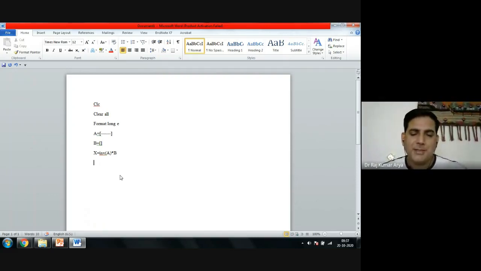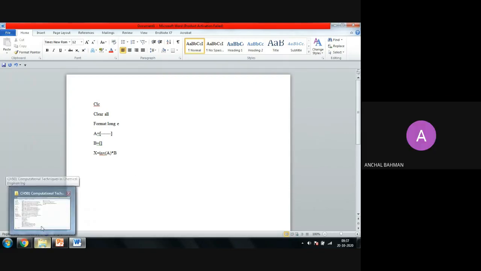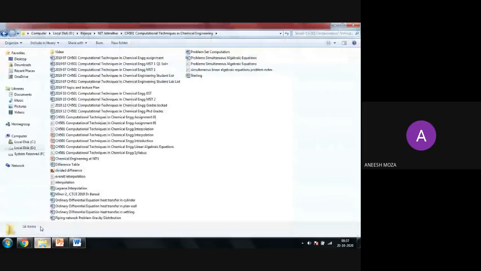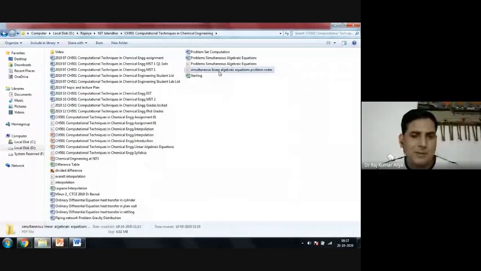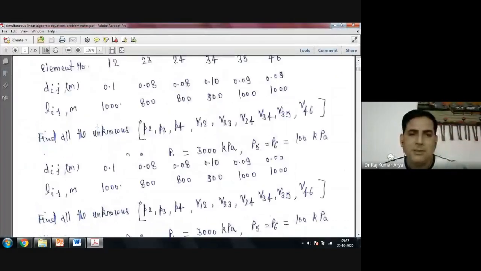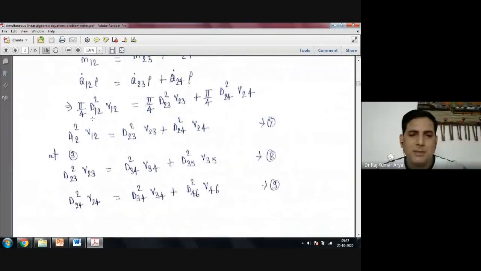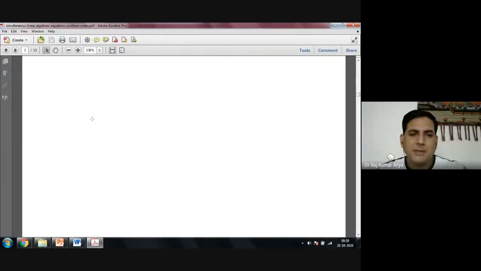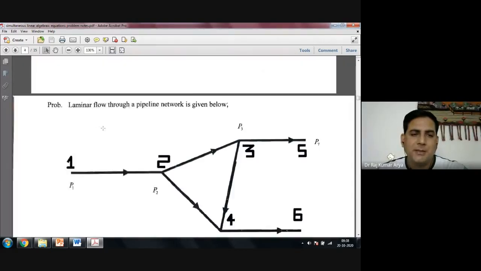But before doing that, my question is: has everyone reached the matrix, and is everybody getting the same matrix or not? That's my first part. Yes, sir. Everybody got the matrix? Yes, sir. Sure? Yes, sir. Okay, let's check the elements, what you got, because that is the most important part. Check the entries of your matrix.